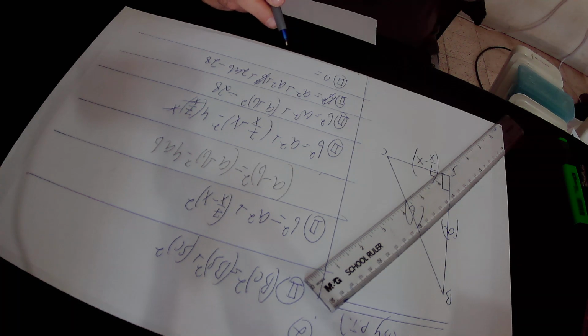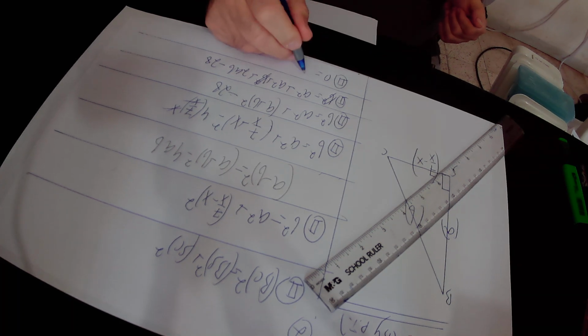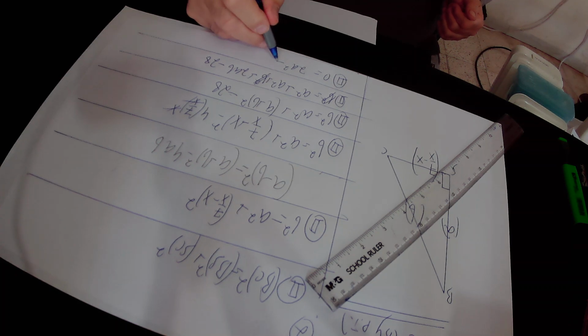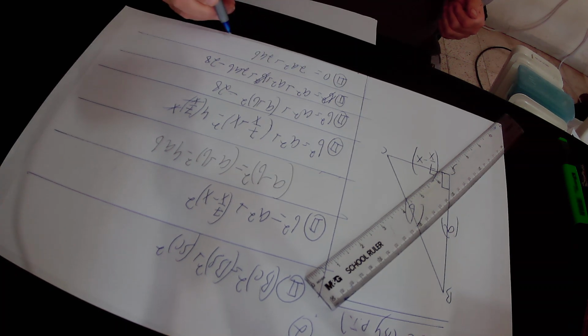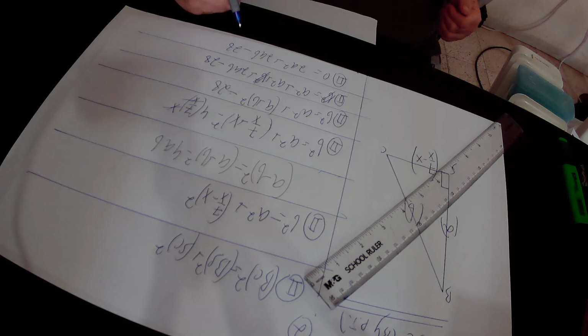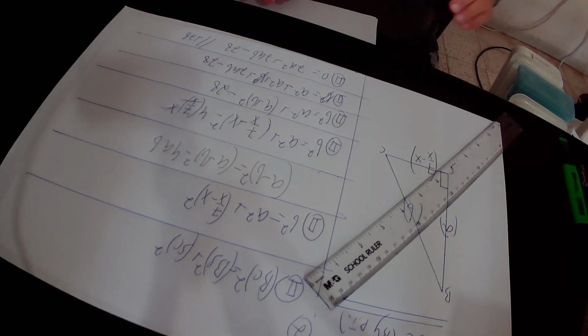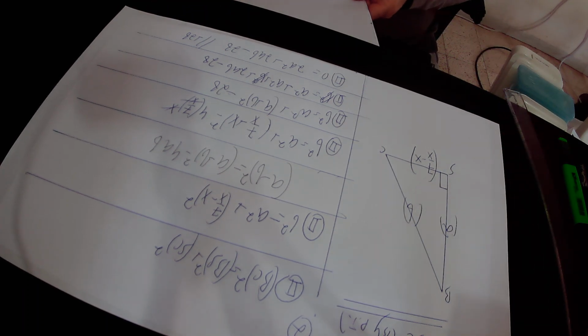On the other side we have a squared plus a squared, which is 2a squared, plus 2ab minus 28. Again, according to equation 2, we found that 0 equals 2a squared plus 2 times ab minus 28. Here we will add 28 to this equation, and finally we get that according to equation 2,